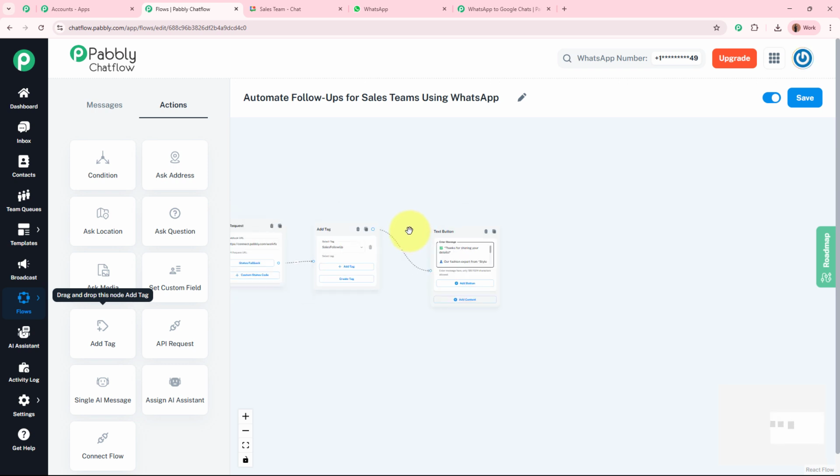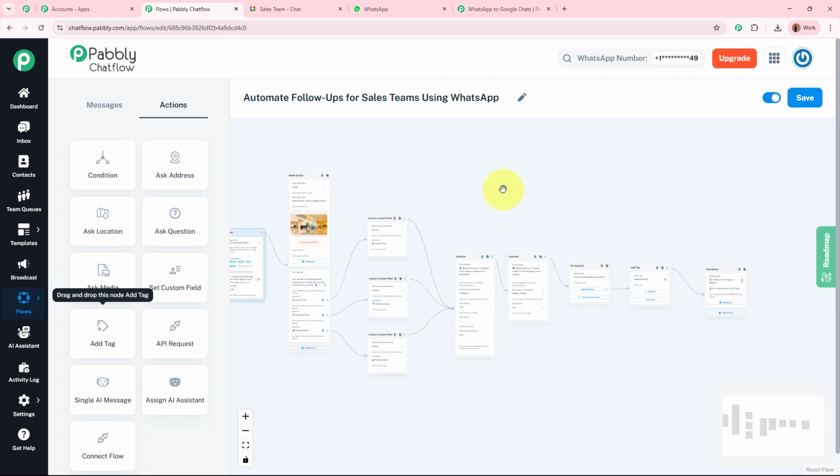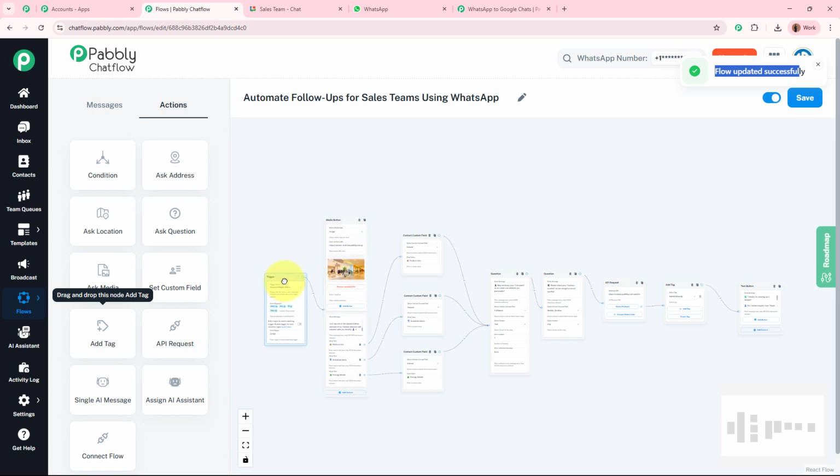Okay. So now this bot is successfully created in my Pabbly Chatflow account. Okay. So now to save this bot that I've created, I'm going to simply click on this save button and as I've done that, it says flow updated successfully. Okay. As now this bot is successfully saved right over here,